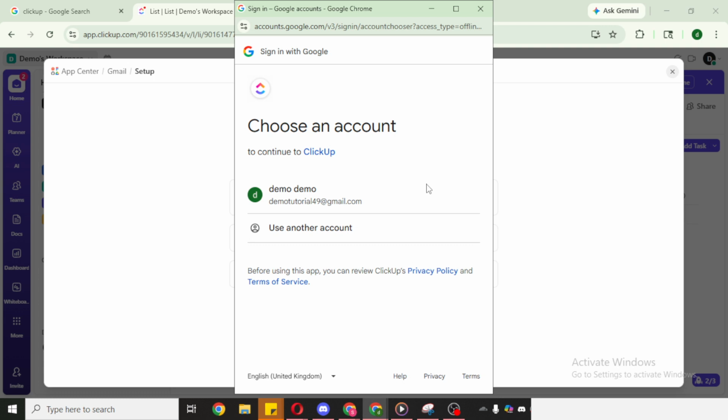Then click Configure and follow the prompts on your screen. ClickUp will guide you step by step. You'll be asked to connect your Google account, choose the account you want to use, and review the permissions the integration needs in order to function. Approve those prompts to continue. If your browser blocks pop-ups, allow them temporarily so the authorization window can appear. When the configuration finishes, you should see a confirmation in ClickUp indicating that Gmail is connected to your workspace. That's all there is to it.